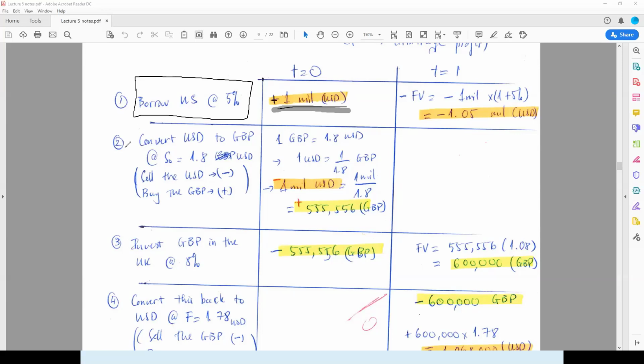So in the second step, I'm going to convert this USD into the pound at the current spot rate so that I can invest in the UK, okay? I'm just converting the dollars, so $1 million, into pounds so that I can invest in the UK. For 1 million USD, if I convert it into pounds at 1.8 USD per pound, I will get,